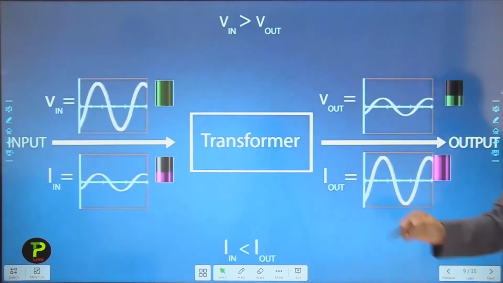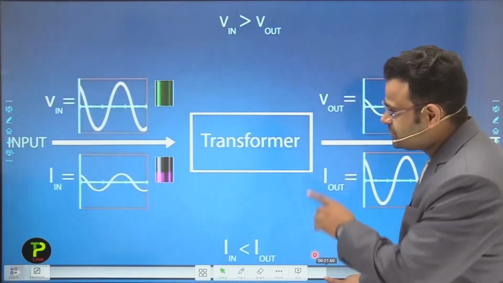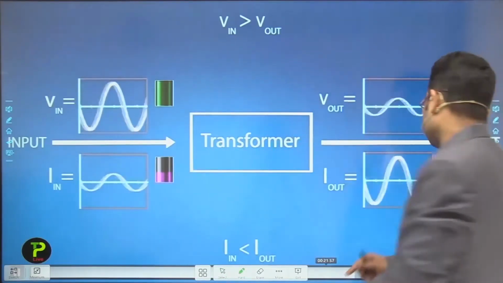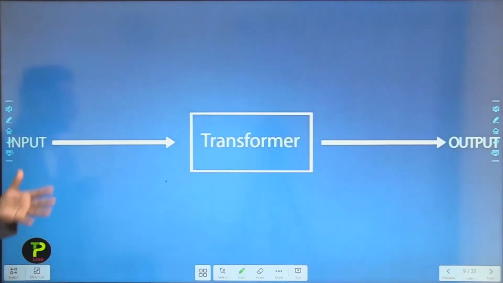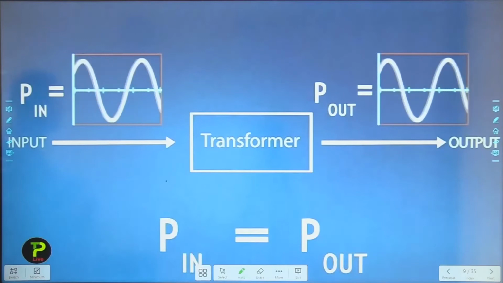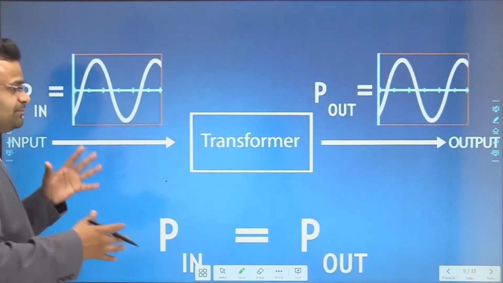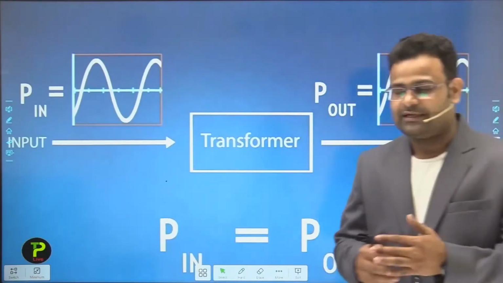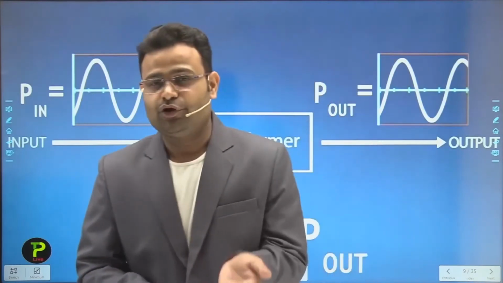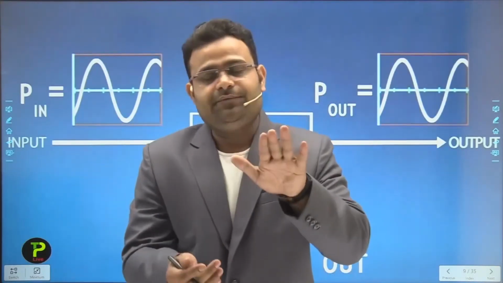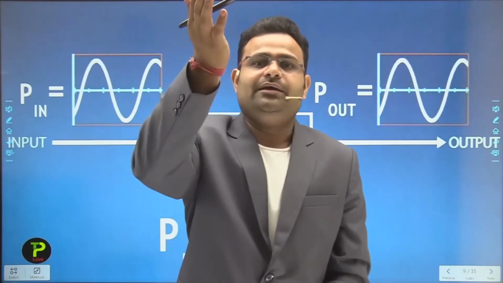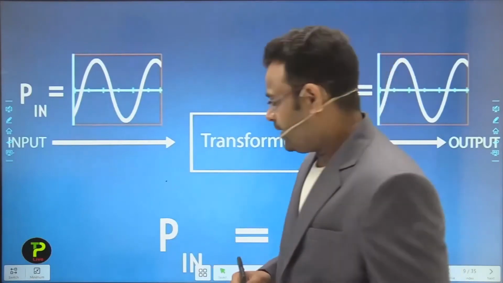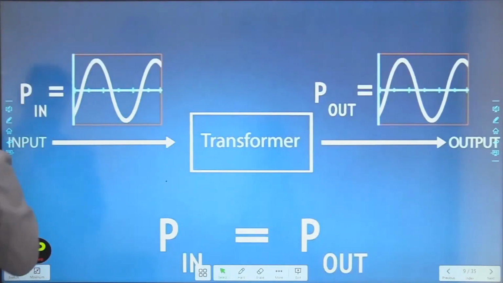But what happens, guys? In that case the potential is low and the current is high, that is a step down. Now in the next case, the power is always constant. If there is a step up and a step down, the change is vice versa. If voltage increases, then current will decrease. If the voltage decreases, then current will increase. Okay guys, I hope you understand what step up and step down are. I will play that video again, please watch carefully guys.